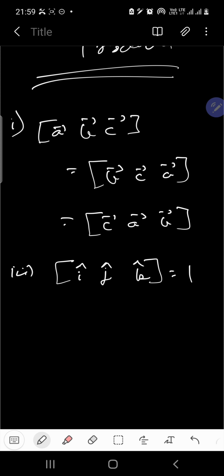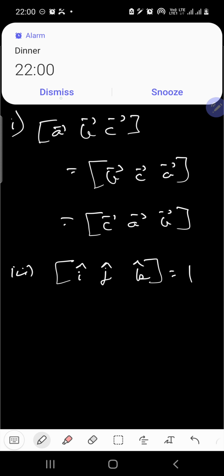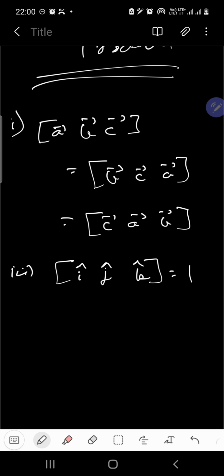Achha. The other properties are actually dependent on dot product and cross product, so you can basically find them on your own when you will be solving problems. So this lecture is up till this much, guys. In the next lecture we might be talking about direction ratios and direction cosines in a broader way.